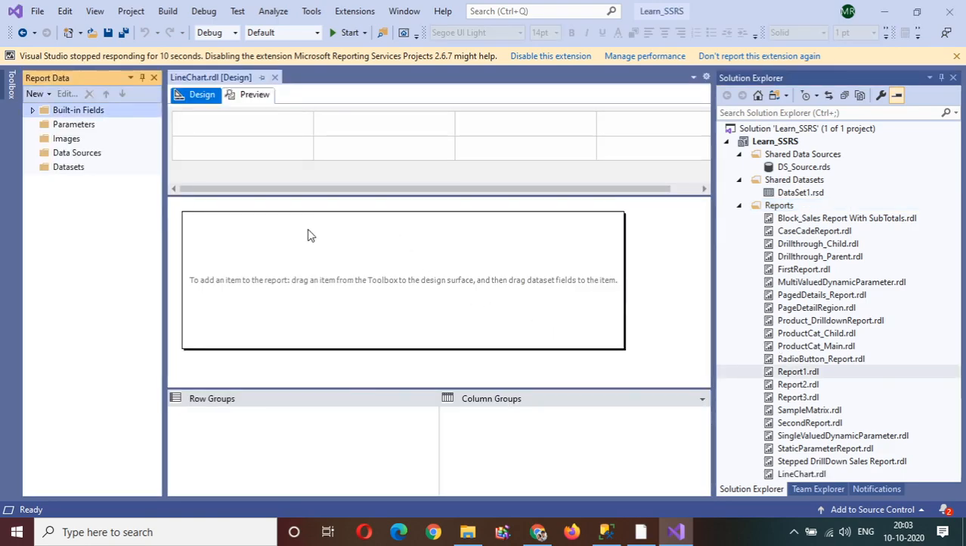So a blank report is created. You can see here it has an extension RDL. On the left hand side, we have the parameters, images, data source, and data set. On the right hand side, we have the Solution Explorer. In the center, we have a canvas where we can create a table, line chart, or any chart. Now, what we need to do, the very first step, as I always told in my earlier sessions as well,